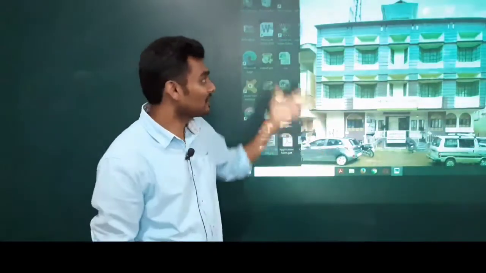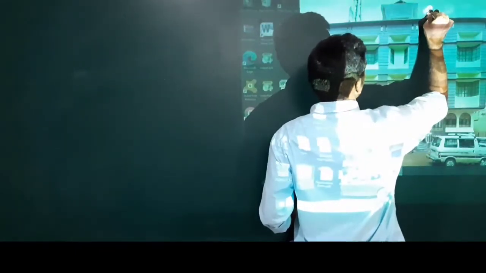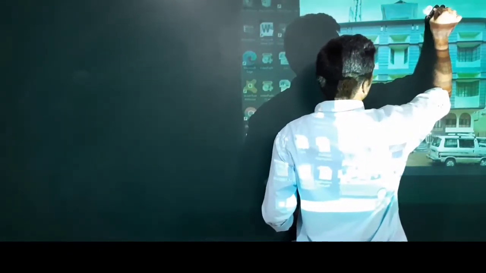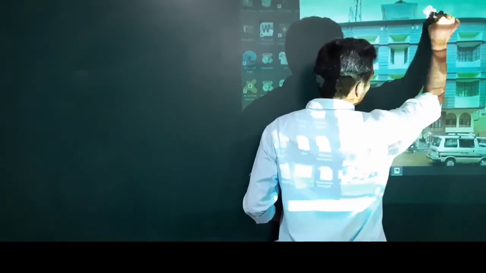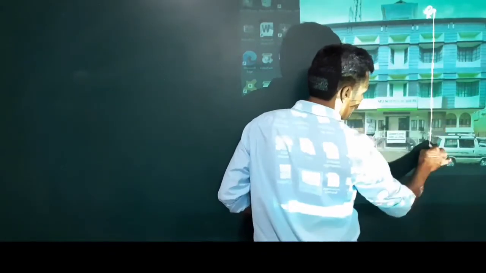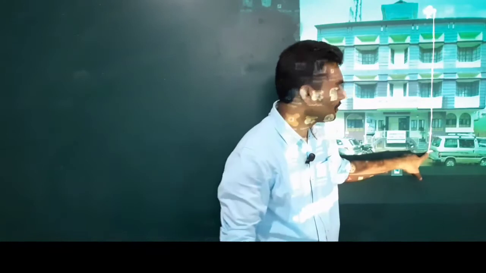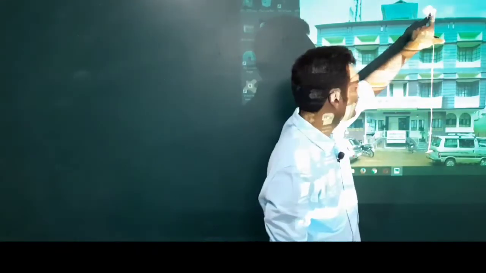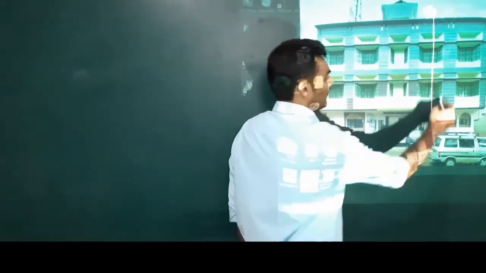One way I can measure the height is by going to the topmost floor with a thread or a measuring tape, and leaving that tape so that it touches the ground. Then I'll take the measurement. If this lengthy tape is not available, I'll leave a thread or a rope from here to here. Then I can measure the rope using the regular tape. I'll get the height of the building, right? Pretty much easy, very easy, right?